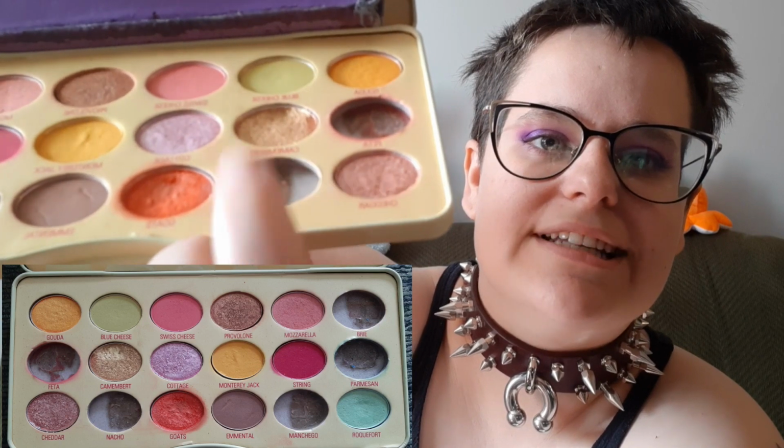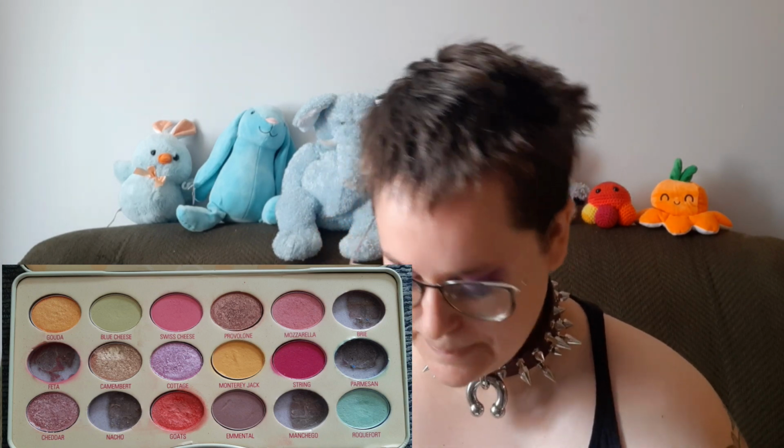It's right here. You can see the little dip. And I just think it's such a pretty shade. I think it might be my favorite in this palette. It's a really light gold, and I don't actually have any really light golds like this, and I just thought it was so pretty. And then we have Cottage, which I used twice, but looks a lot actually like a